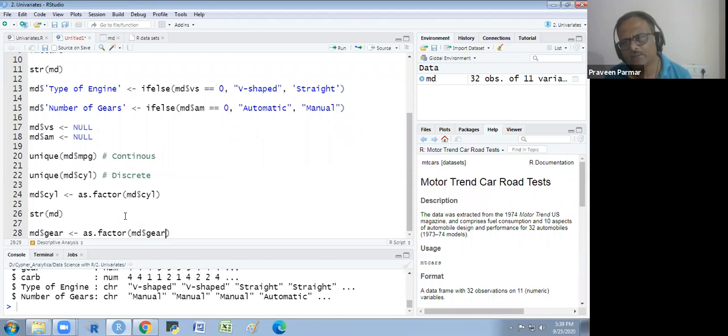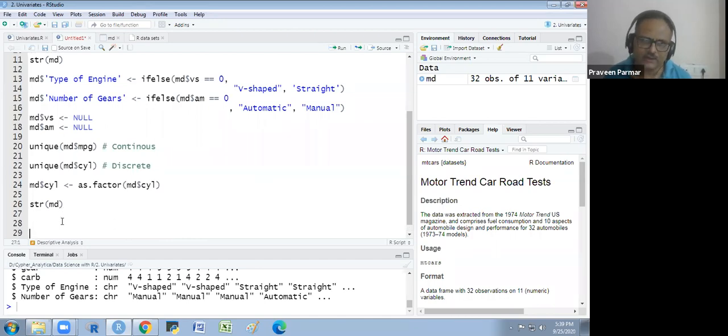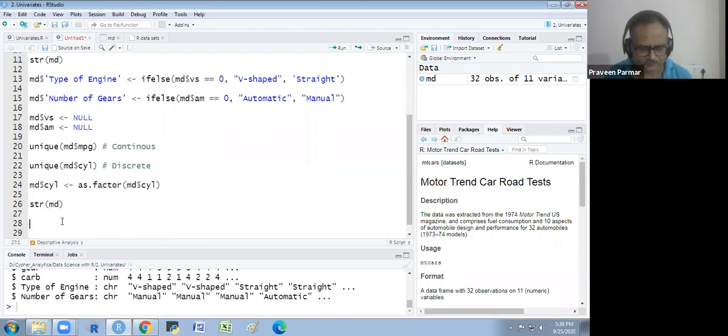Okay, I will show you in the summary. Suppose I don't change gear and I show you the summary first, without changing it, then later I will change it.